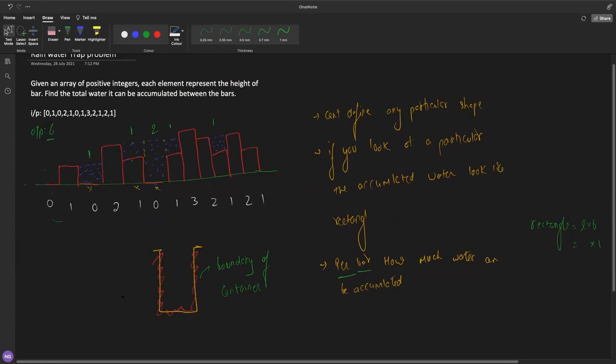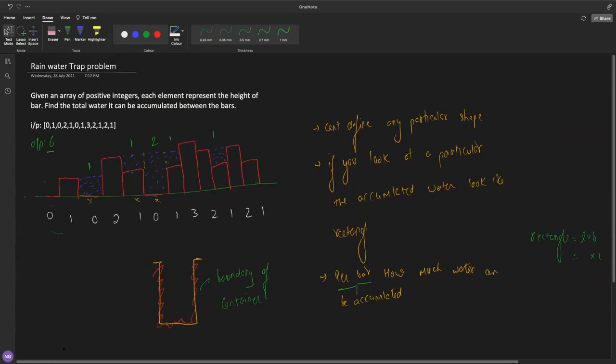Try to understand the things which I have discussed till now. If you have any doubt, please raise your hand so that I can help you out. Anyone is having any thought here? How can you define the boundary for a container or a bar here? You can answer me in chat. You can raise your hand. Anyone?